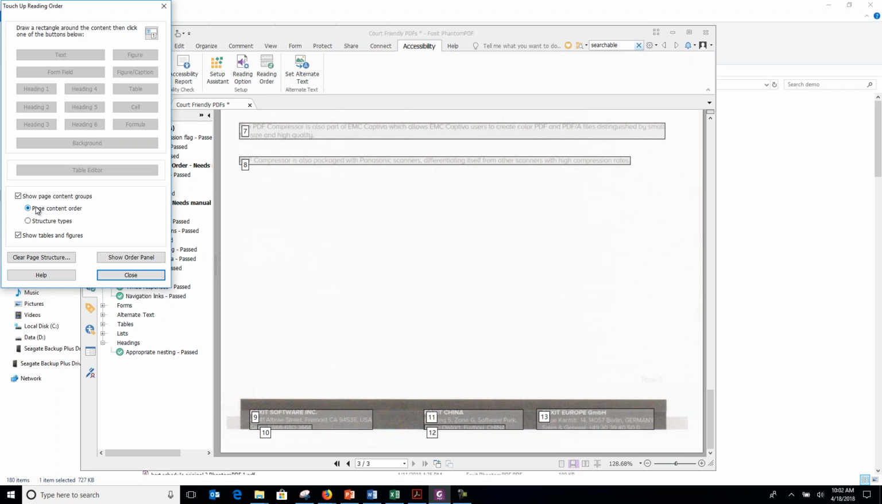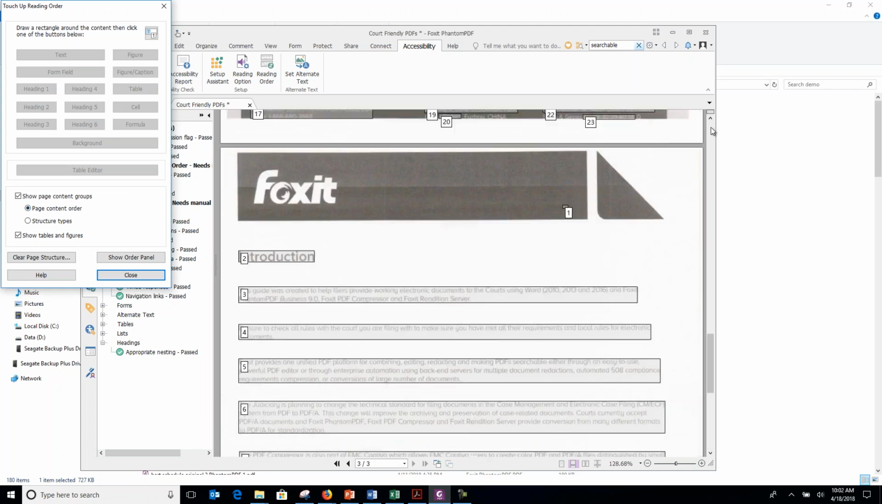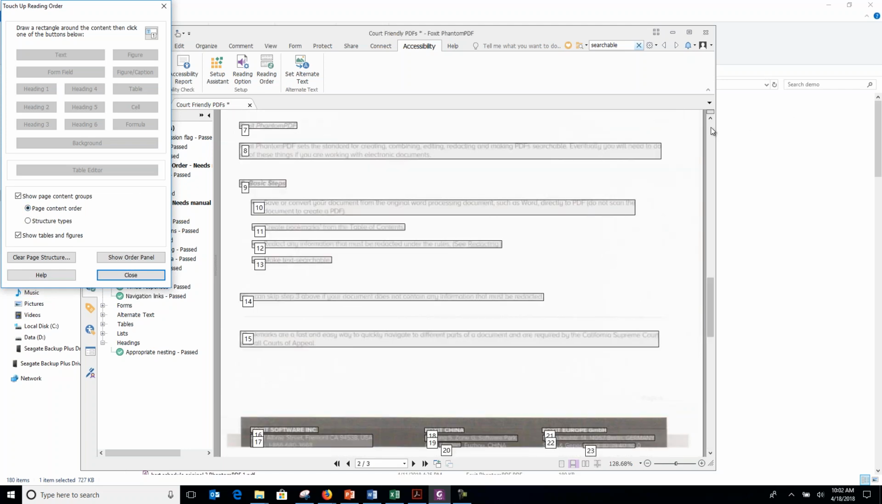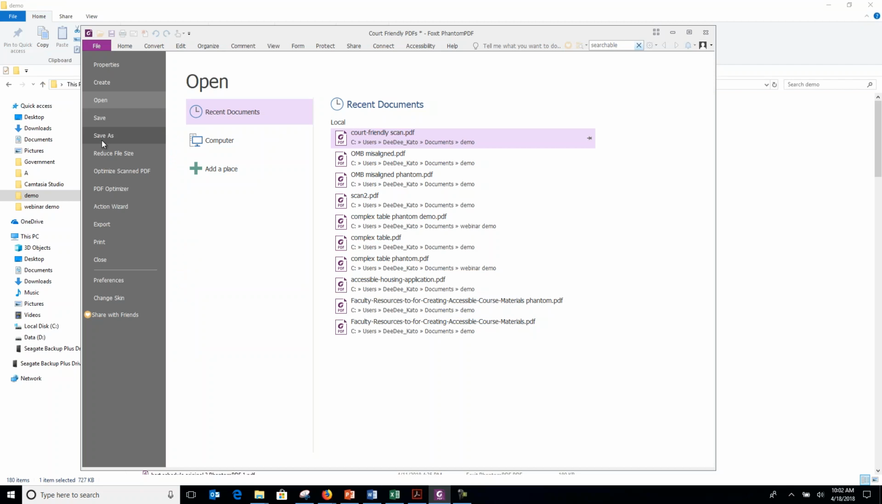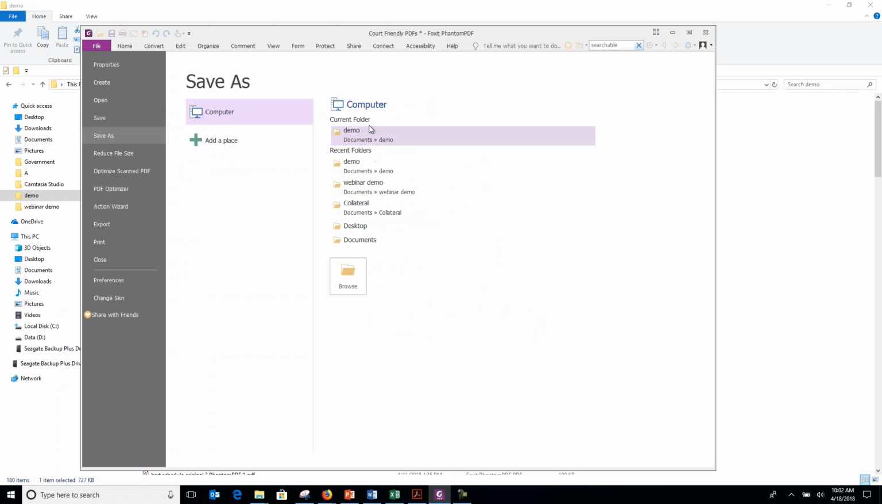Let's look at the page content order, the reading order. Make sure that's all correct. Yeah, looks good. Okay, I want to save it. Okay, so